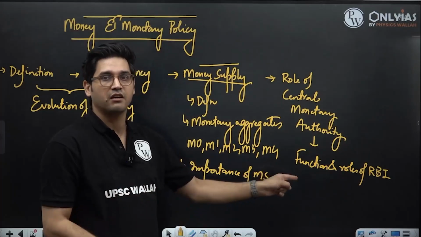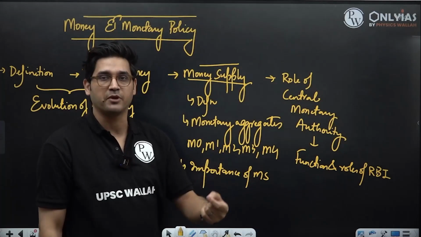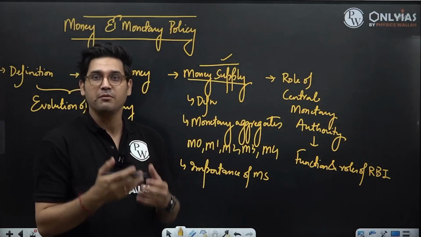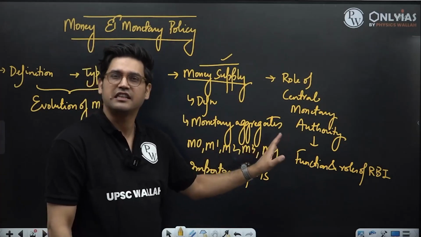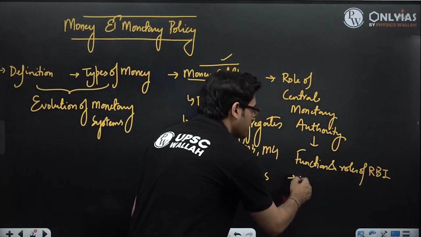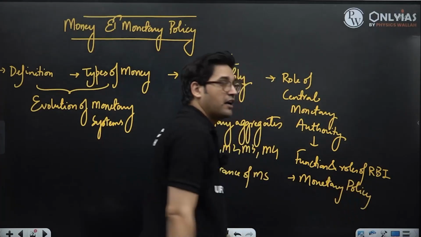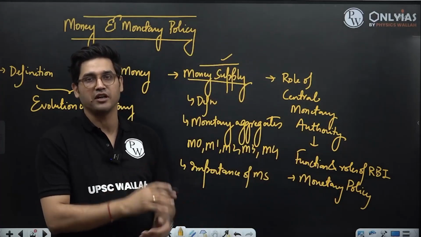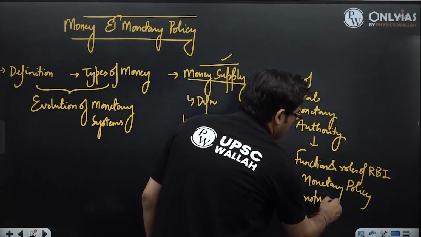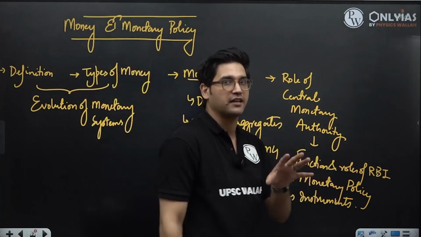Here we will be discussing briefly what are the various functions of RBI. And more specifically, here we'll be discussing one specific function of RBI, which is the price stability function, which the RBI performs by tampering with the money supply. That aspect is what is called monetary policy. So after we have a decent understanding of what the various functions and roles of RBI are, thereafter we will be discussing what do we mean by a monetary policy and how does RBI in India conduct its monetary policy. Here we will also be discussing what are the various instruments or the various tools of monetary policy that the RBI has at its disposal.